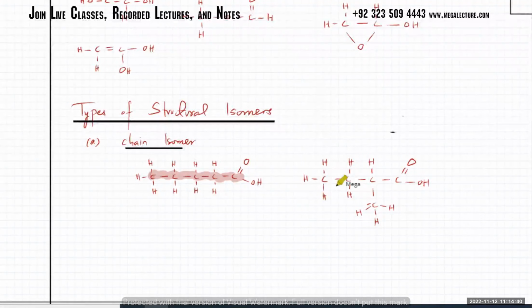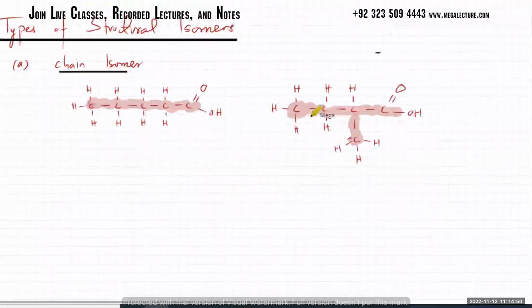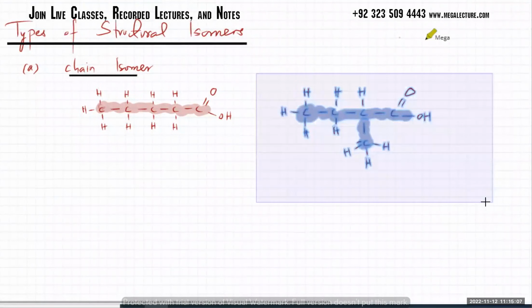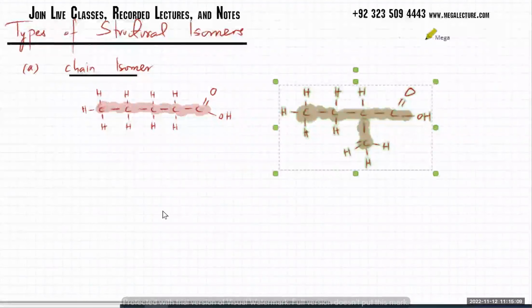तो यहाँ पे बस instead now you've got a different arrangement of the carbon chain. That is it. अच्छा फिर इसी तरह next, you can have another version of this one where this carbon could be over here. तो इसी को copy paste कर लेते हैं जल्दी से, ठीक है? So you could have another version of this